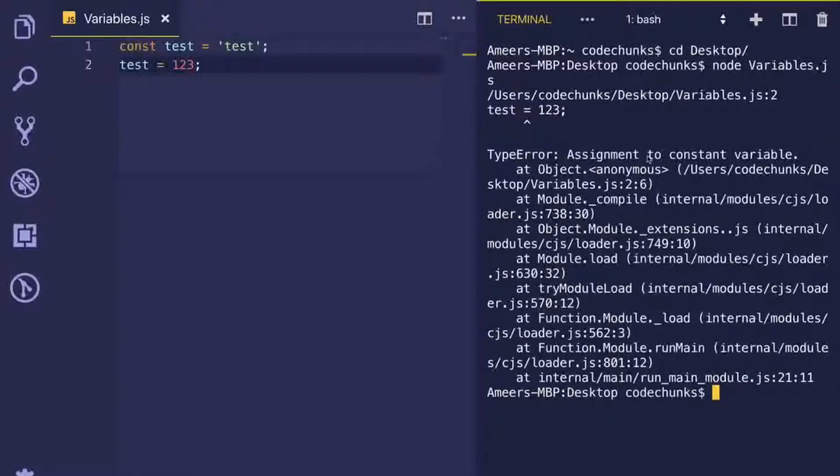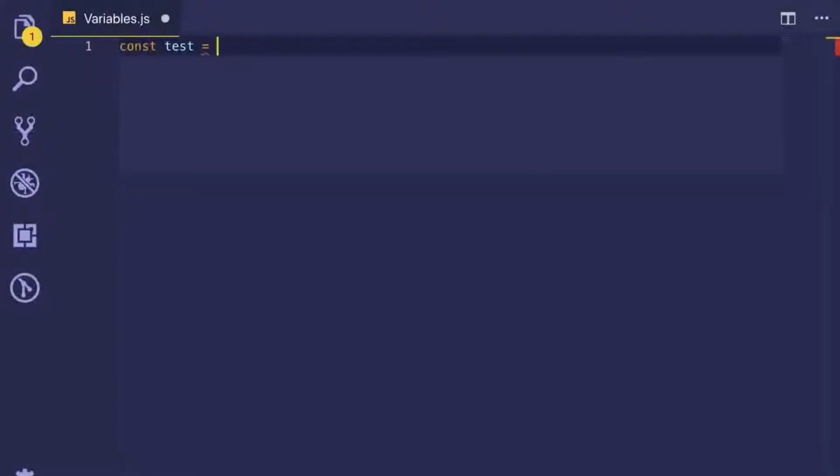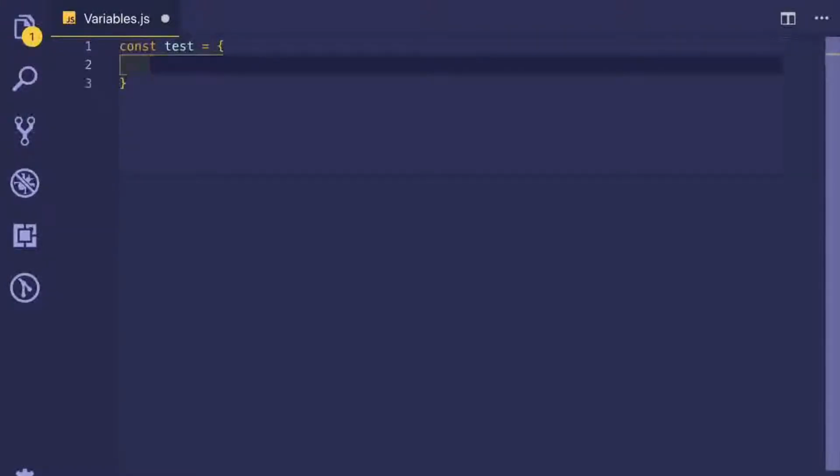Now that's because the constant variable is set to a string, and this will also happen if it's set to a number, or an array, or a string, or a boolean. Now it gets a little funky when you set a const to an object. So let's just set this test variable to an object. If you remember, right, the syntax is this. Okay, so you have 2 curly braces, open close, do name,